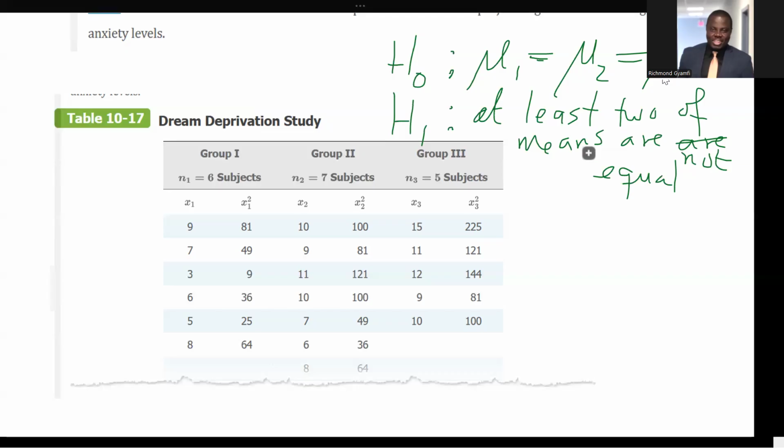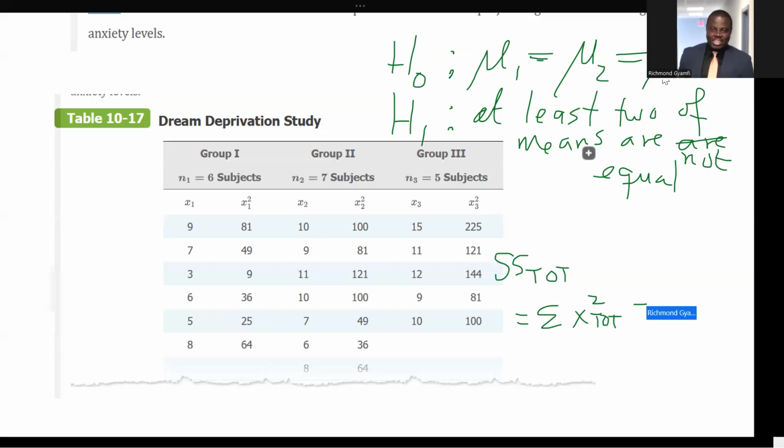Now, because we are dealing with variances, we've got to go to the SS, the sum of squares total. So we've got to remember the formula for the sum of squares total. And if you can remember, dealing with the sum of squares total, you have to remember the formula for variance, the computation formula. And that's exactly what we are going to be using. So we're going to have the sum of squares total, SS total, is going to give us the summation of X squared total